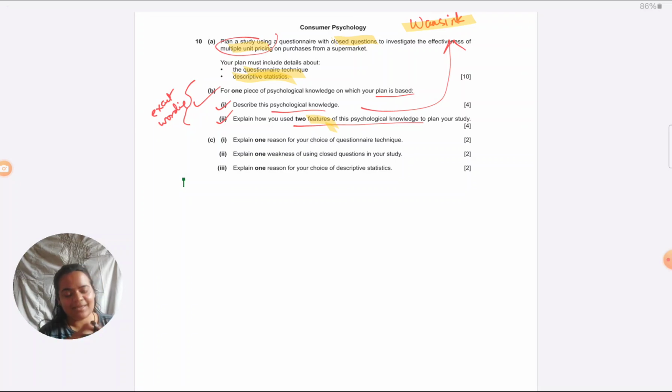Okay, so having said that, first thing you need to decide is that this study will have to be based on the Vansing study, and that it will have to be based on two features of the Vansing study, because that is what the question demands. So now I'm telling you what you should do before actually writing the answer, like mentally what you need to think. You need to remember that particular experiment out of the 4 experiments which Vansing has done, in which multiple unit pricing was manipulated. And that is the very first field experiment which Vansing had done.